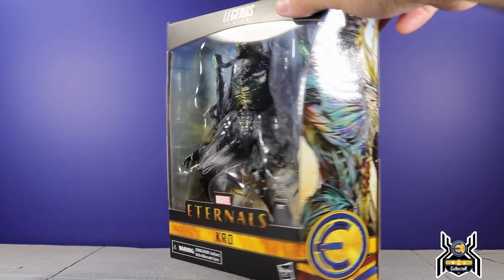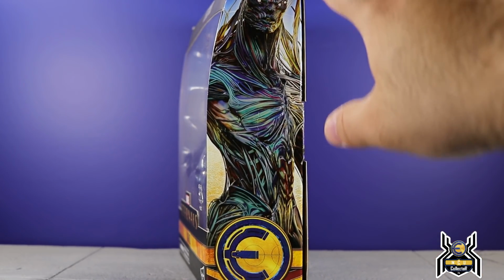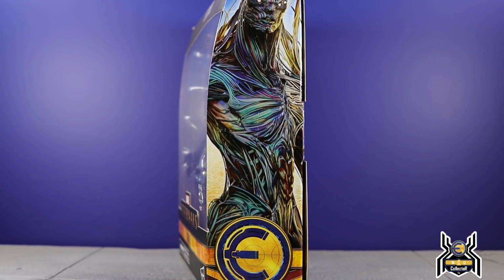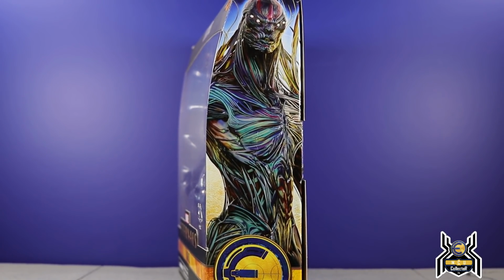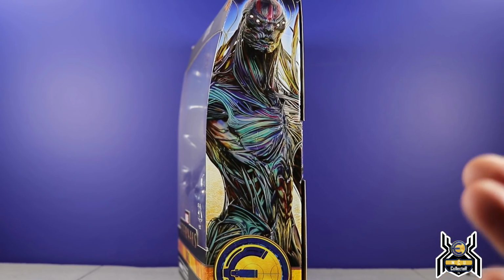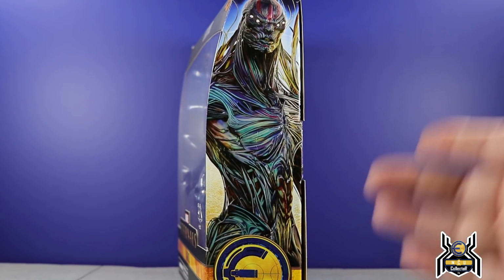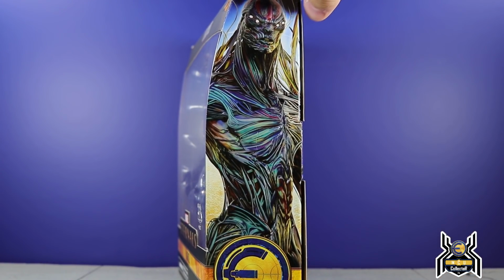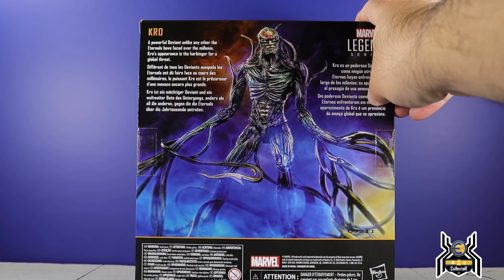But looking at the side artwork of KRO, it actually looks really cool. We did see him in the trailer, and in the trailer he looked like a lightish gray color, whereas on the figure he looks almost black, but it's got this oily look to it with all these different colors, which you can see highlighted here on that side artwork. It looks pretty interesting. Here on the back of the package, we have a look at the figure as well